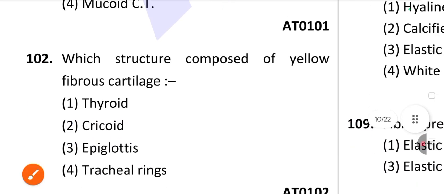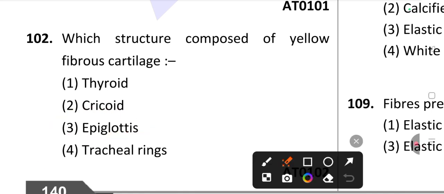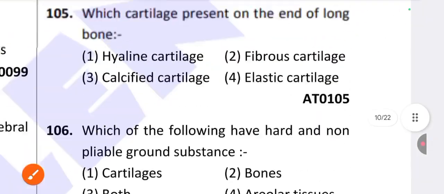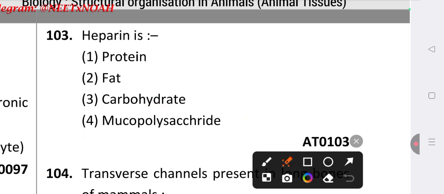Next, which structure is composed of yellow fibrous cartilage? So yellow fibrous cartilage, it is epiglottis. Option number 3. Next, we'll see 103rd question, heparin is. So heparin is a mucopolysaccharide. 104th question here,